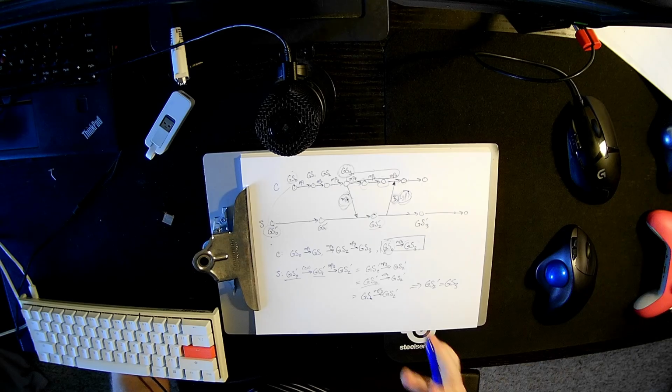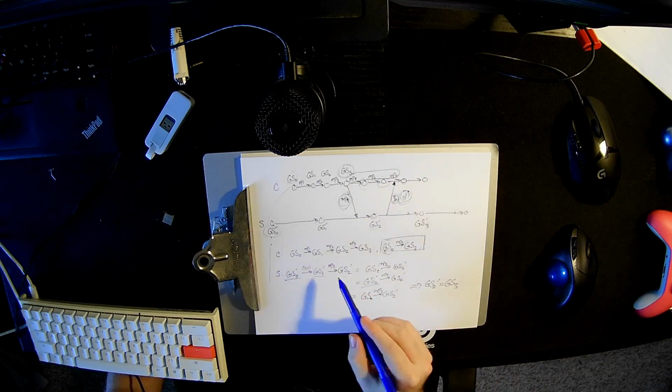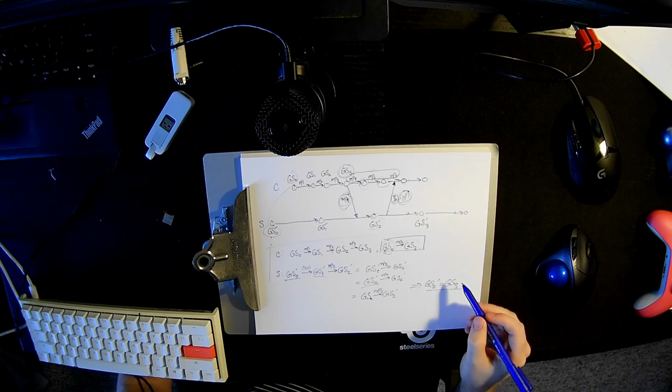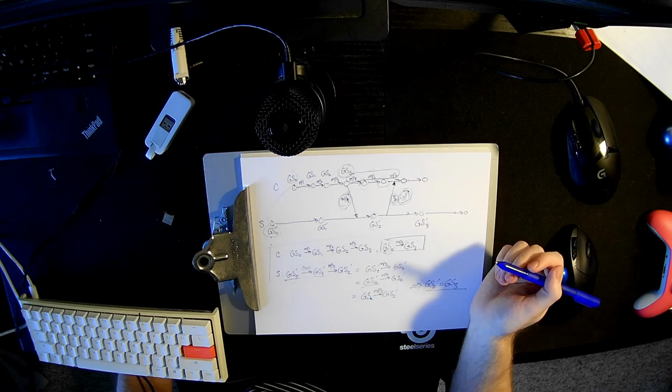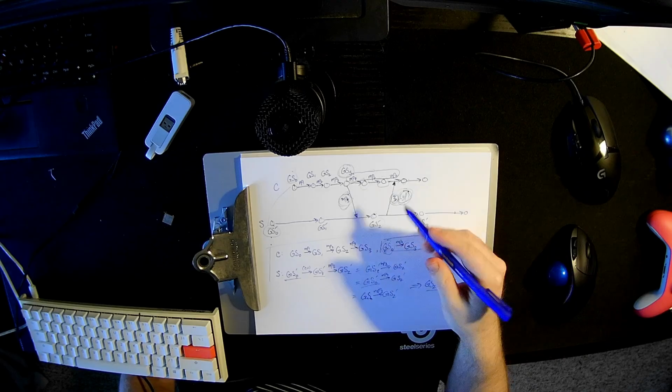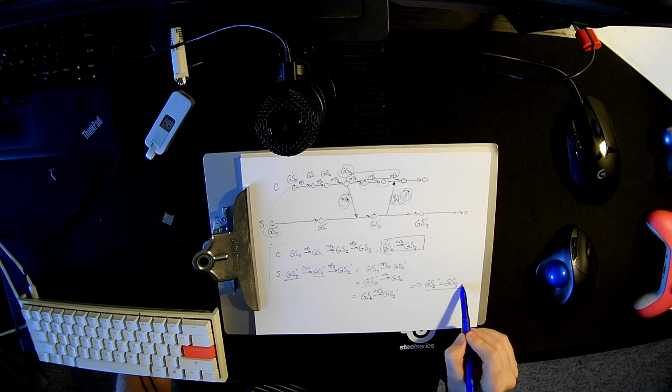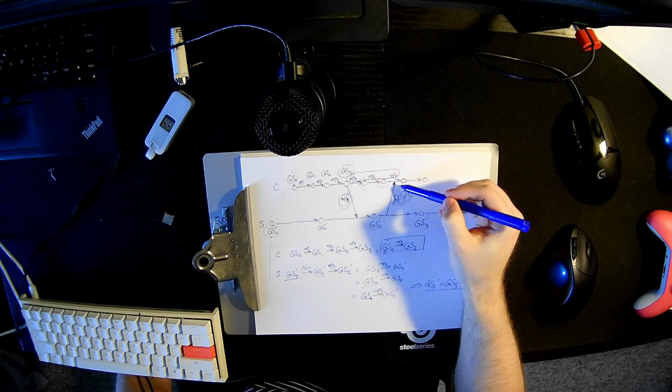And we know that is true because of this proof here. We proved that GS2 prime equals GS3. So this data here was literally just GS2 prime being sent over. So because we know that, then we know by applying these two on top,